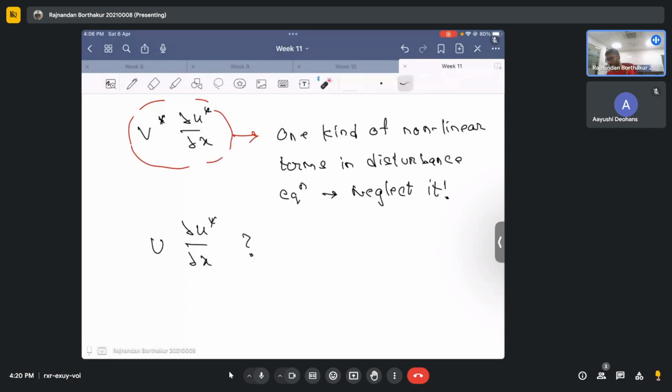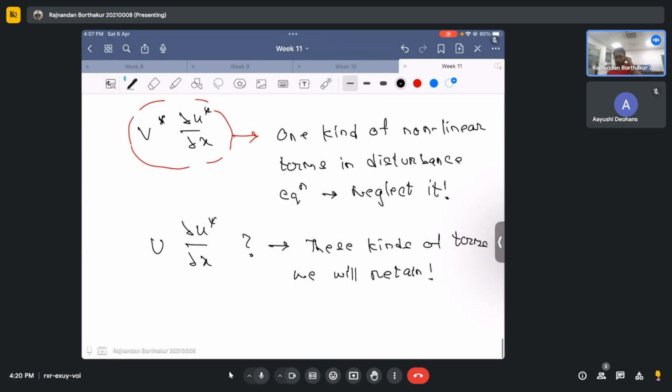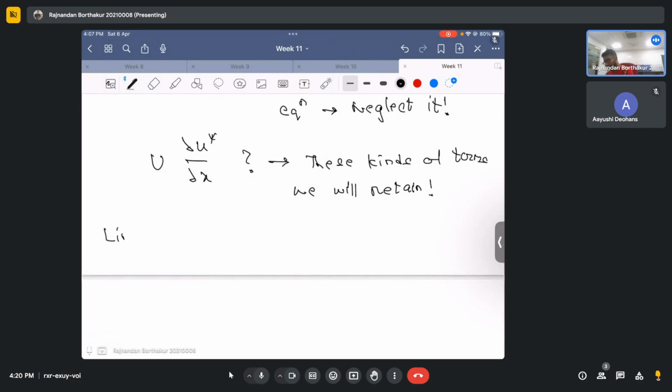So I'll just write, these kinds of terms we will retain. I'll not show the math because linear stability analysis is a big exercise. It's very simple. Just substitute the form of the total velocity and total pressure into the equation that governs the disturbances, and then just discard the terms which are nonlinear in nature. Once you are done with that, I'll just straight away write the linearized